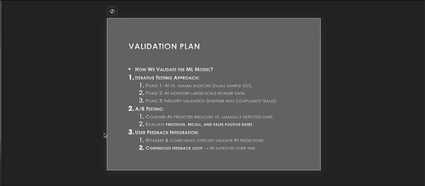Validation plan. How do we validate the machine learning model? Iterative testing approach. The first one, yes, we're in machine learning, but I would also say that having some sort of prototype. What I was doing is I tried to create a prototype, a test phase of it, and that allowed me to learn a lot about everything before even looking at AI. So even just doing the manual approach, doing maybe a more automated approach through Python and whatnot would be a good